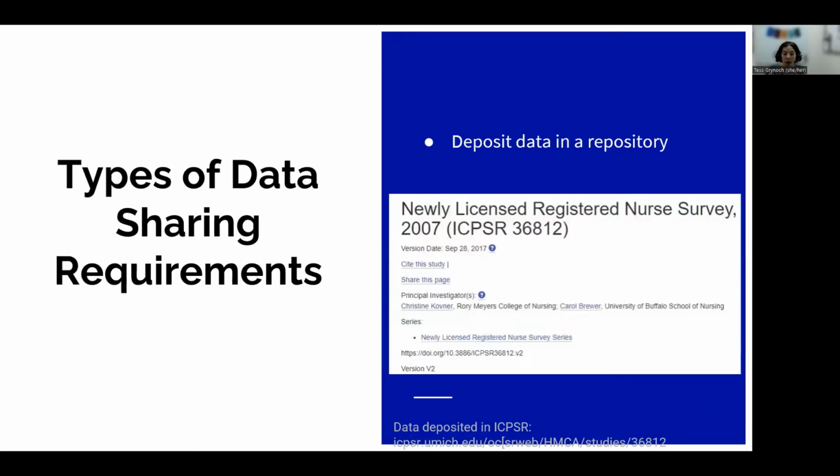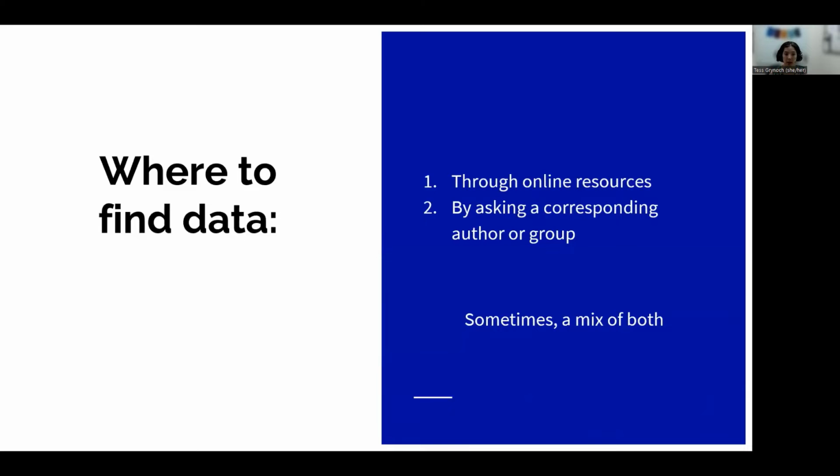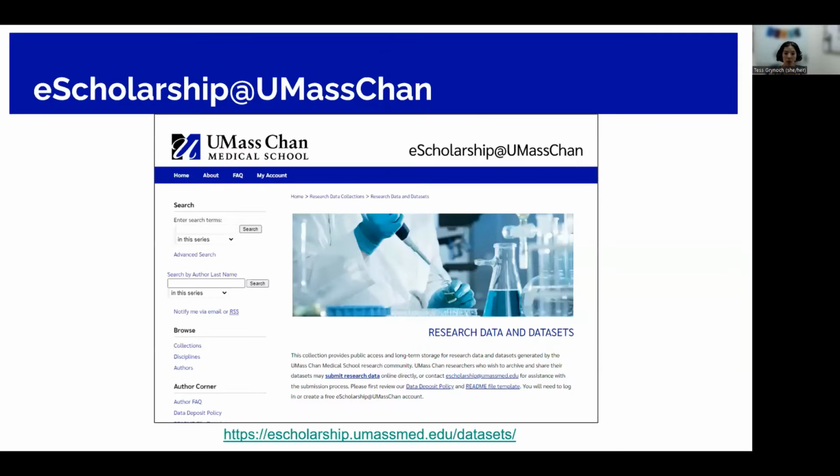And some require depositing data in a specific repository. So to get a hold of this data, you can access it through an online resource or by asking a corresponding author or group. And sometimes you need to do a mix of both. We'll start with some of the online resources where you can find data, starting with our own eScholarship at UMass